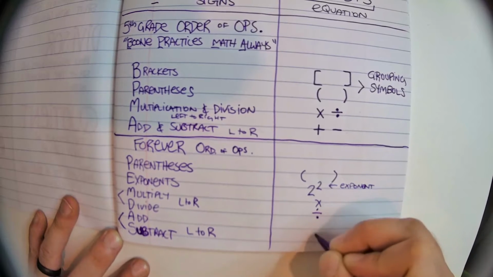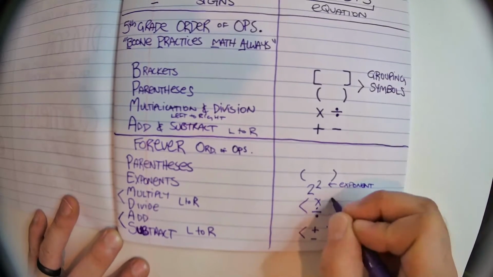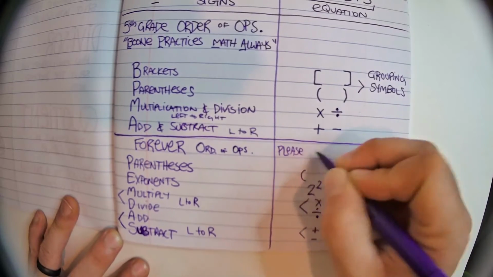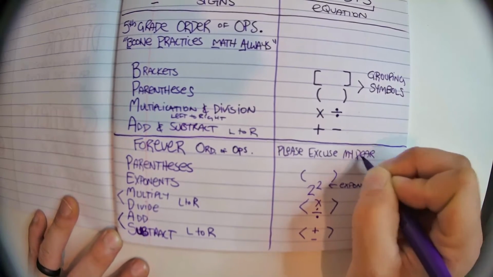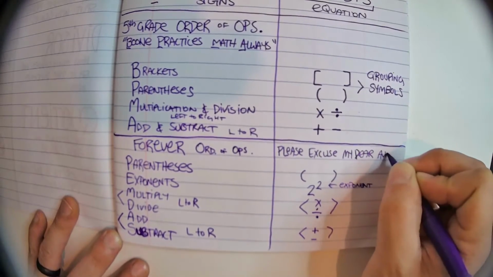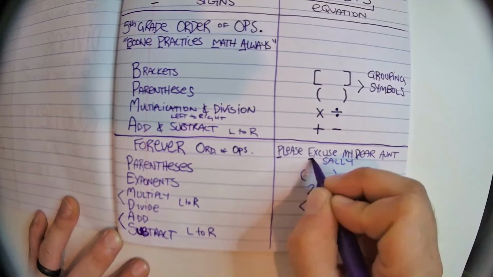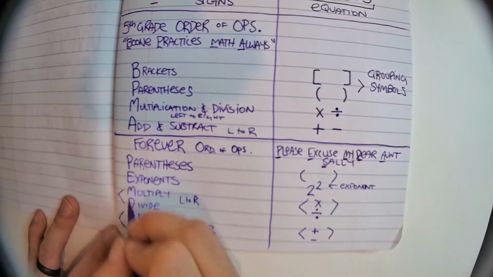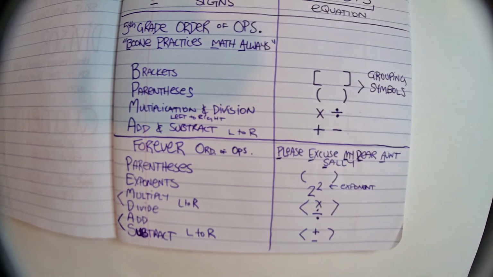And PEMDAS is the one that most adults remember. And they might have gotten taught in many different ways. But I remember it as please excuse my dear Aunt Sally. I don't know what she did, but they said, please excuse my dear Aunt Sally. PEMDAS. So, that's kind of the way that adults will remember, or you will remember in middle school when you